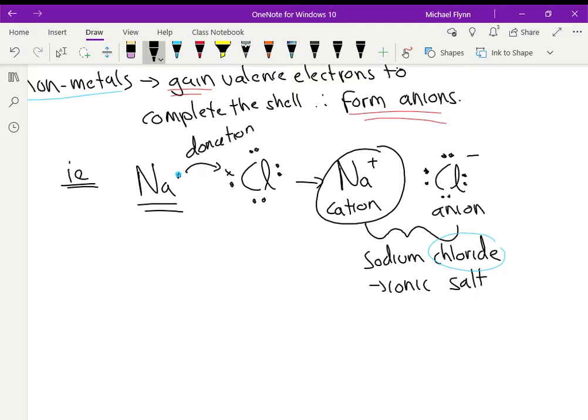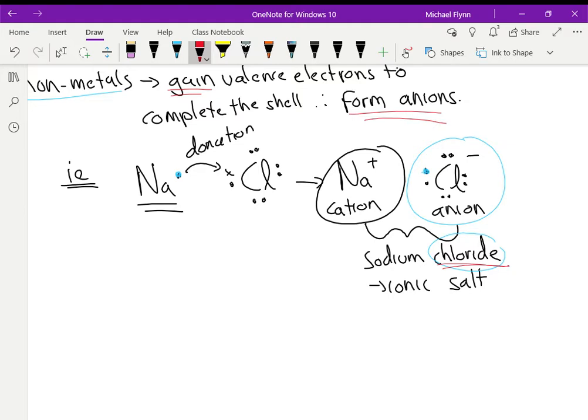But the chlorine, having gained this little electron, colored blue, having gained that from the sodium, now has a negative charge, and this is an anion with a -1 charge because it gained one more negative charge. Now we call the resulting compound sodium chloride. So the anion, and this is key for today, we change the name. So I'll just underline it here. Instead of just calling it chlorine, with the -1 charge, when chlorine gains an extra electron, it's now called